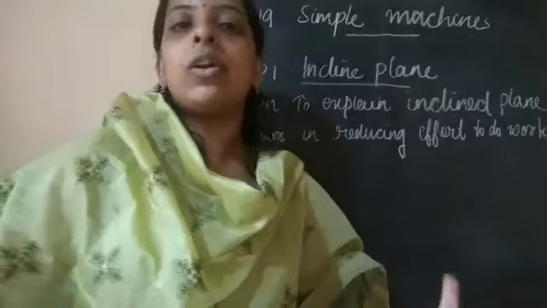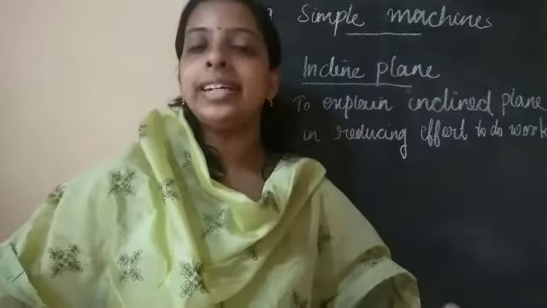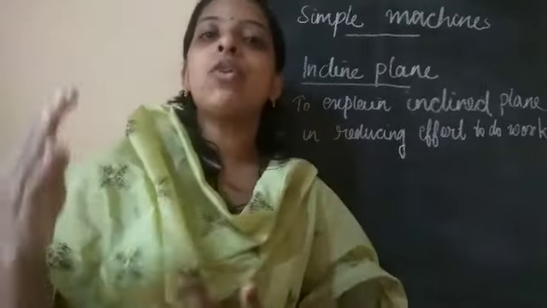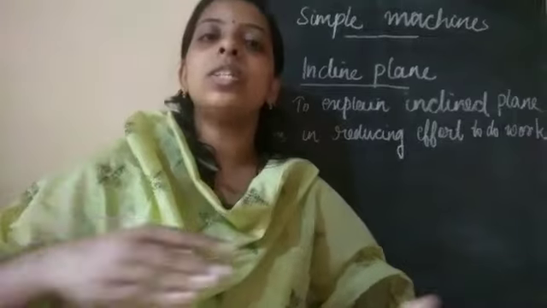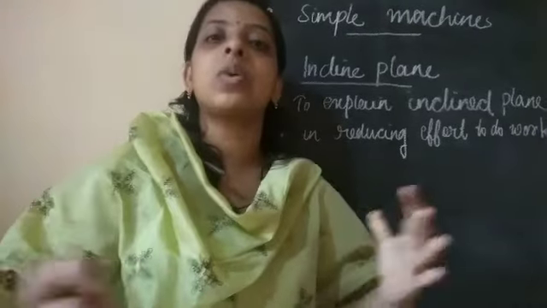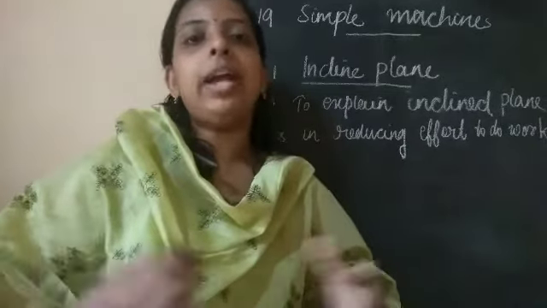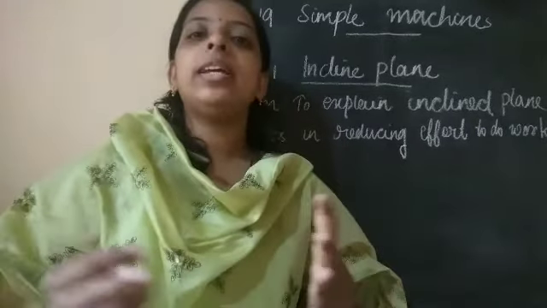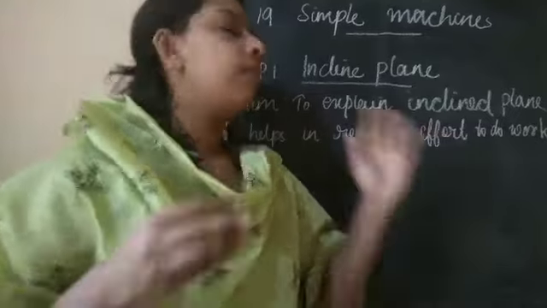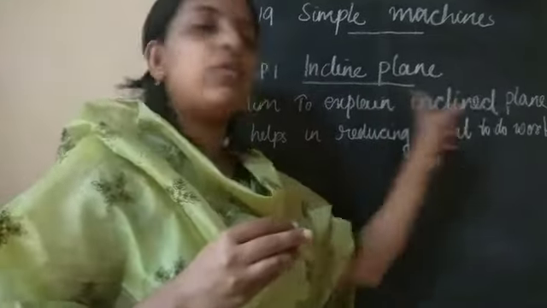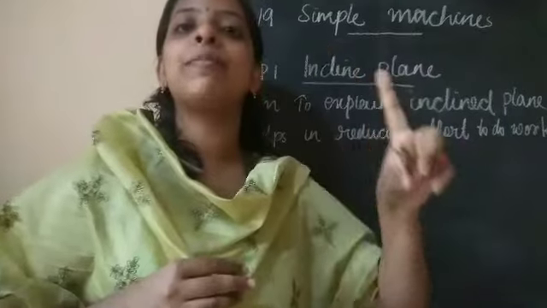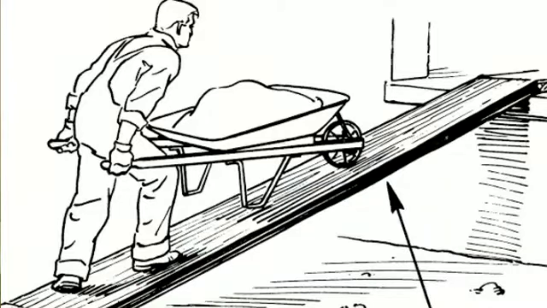We already know what work is, right? When we exert force on an object, that object changes or shows some changes according to the direction of the applied force. In the case of the inclined plane, its name may be unfamiliar to you, but I will show you one picture, and then you will get the idea. In this picture you can see an inclined plane or a ramp, which you have already seen.